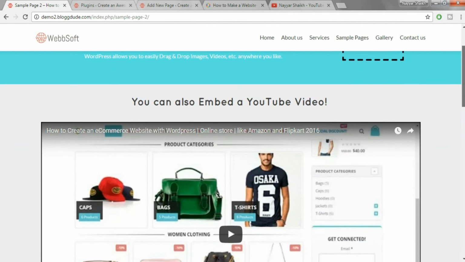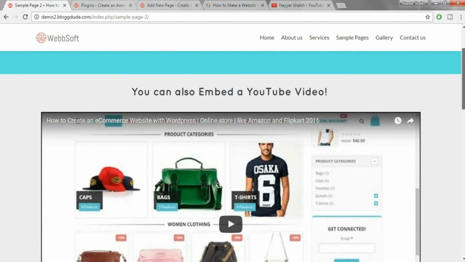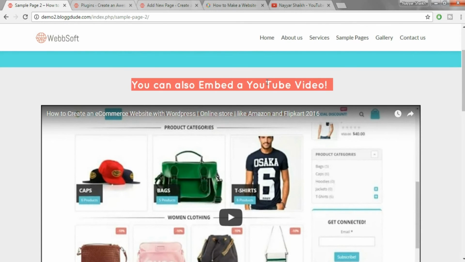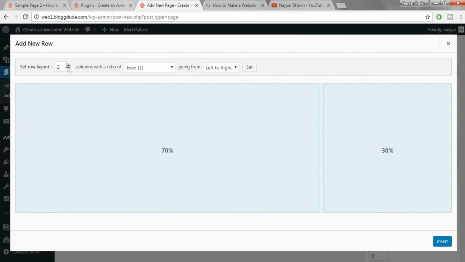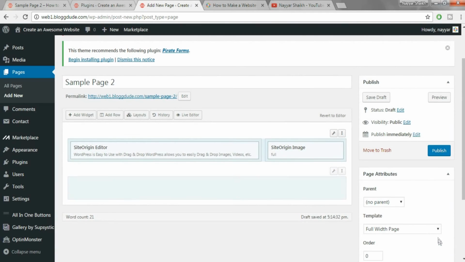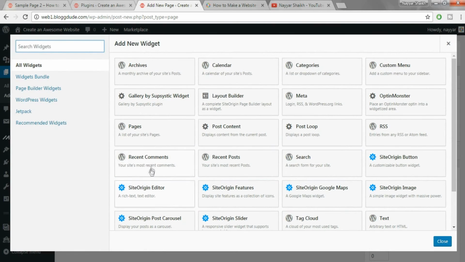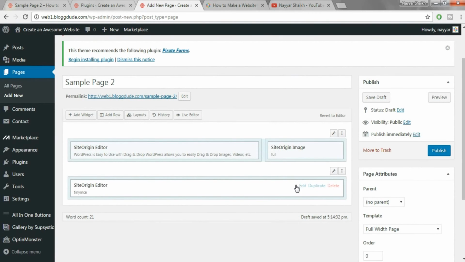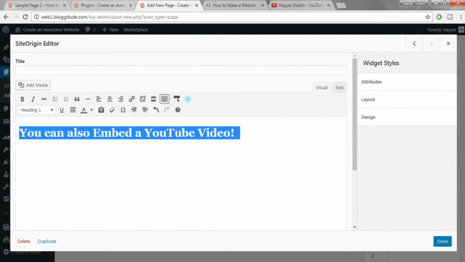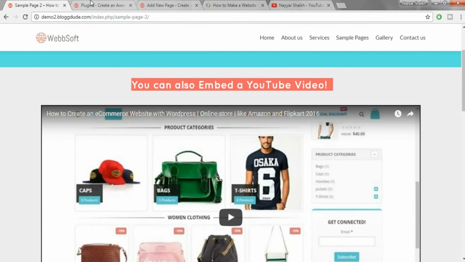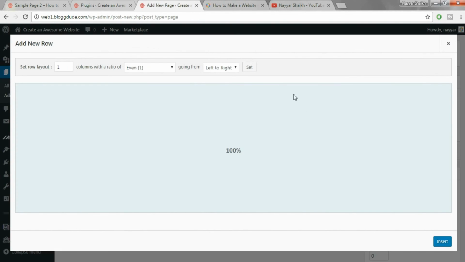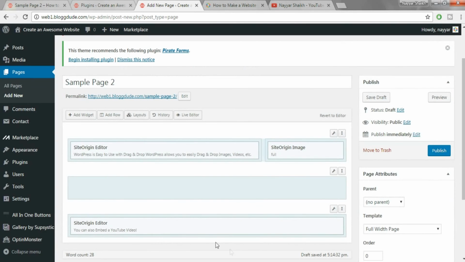Now the next row is to embed a YouTube video. So first we have a title, so copy this thing, add another row, just one column we want, add a widget, site origin editor, click on edit, paste the title, center align, okay. Again another row, this time also we have one column. Click on insert, drag this column bottom,